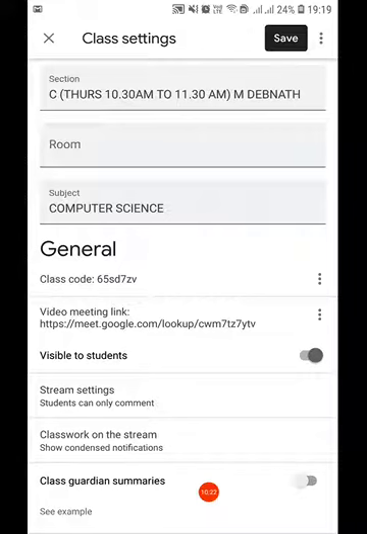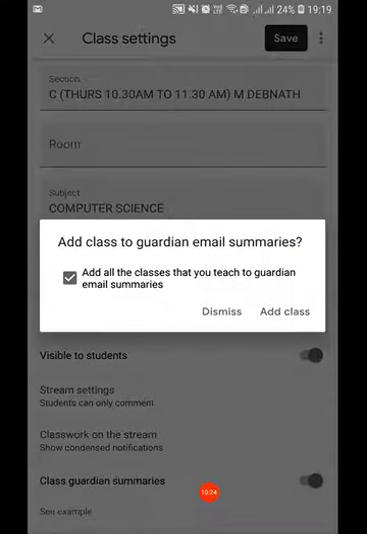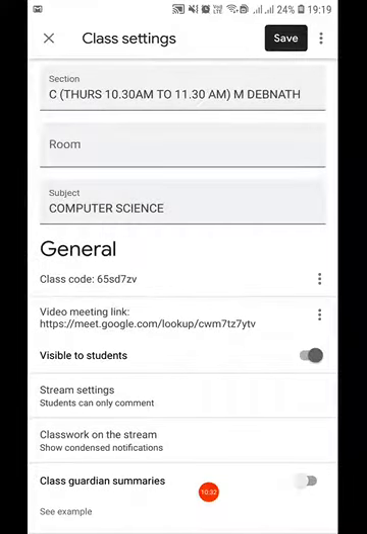And if I click on class guardian summaries, then we can add the email of the guardians and send them the reports of our students. So right now I dismiss it. This can also be done. We can send the reports to our students' guardians also. I click on save,